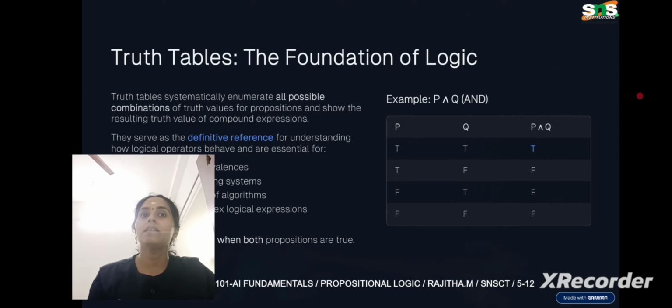For example, for P and Q, the result is true only if both P and Q are true. Truth tables are very useful in AI for checking if reasoning is correct, debugging logical expressions, and proving that statements